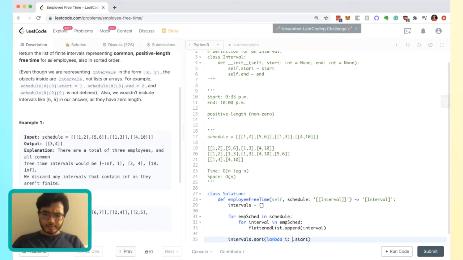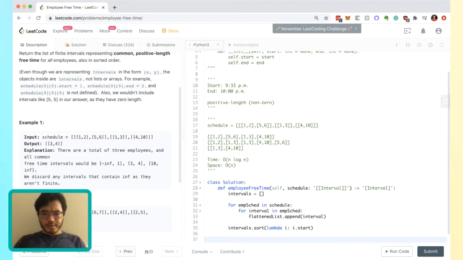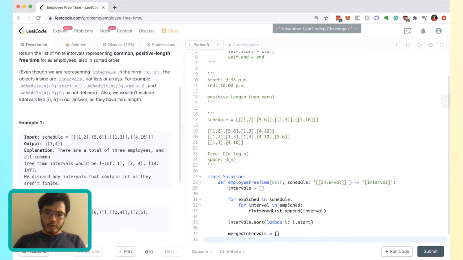I for interval. So now what sorting does, I may have forgotten to explain this earlier, it puts adjacent intervals together, ready to be merged. So now I can create another merged intervals,